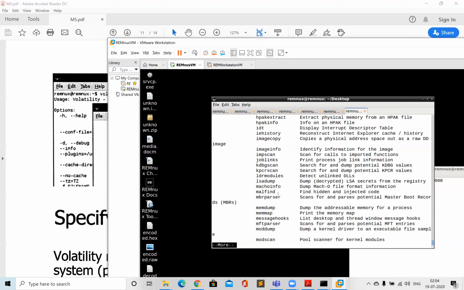Let us say we haven't found the malware as of now, and still we feel that one particular system is suspicious, its behavior looks a little suspicious. How can we find out all that information from memory forensics?